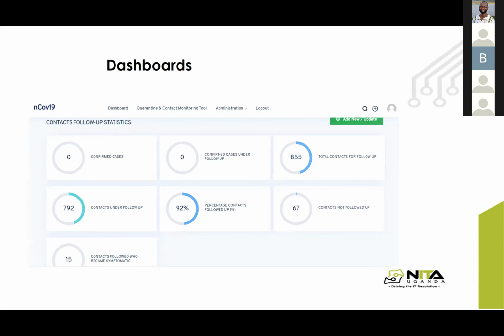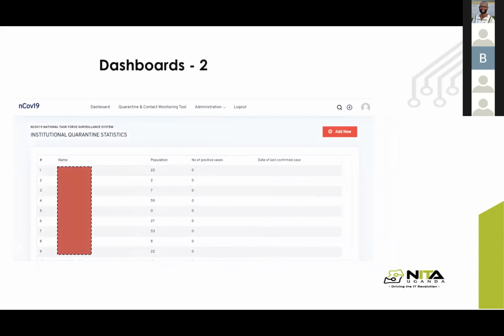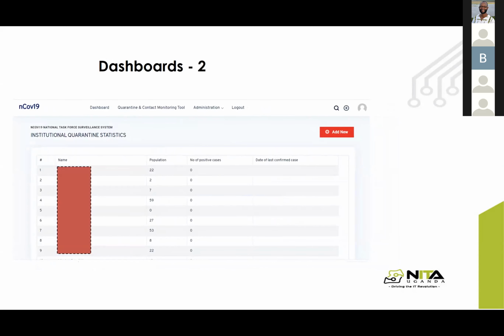Another dashboard that we worked on, I have blocked the names, gives us the number of people who are in quarantine. This also helps the decision makers in the hot seat to take quick decisions and apply resources to different areas. The names there are locations, designated areas where the quarantined people are kept.